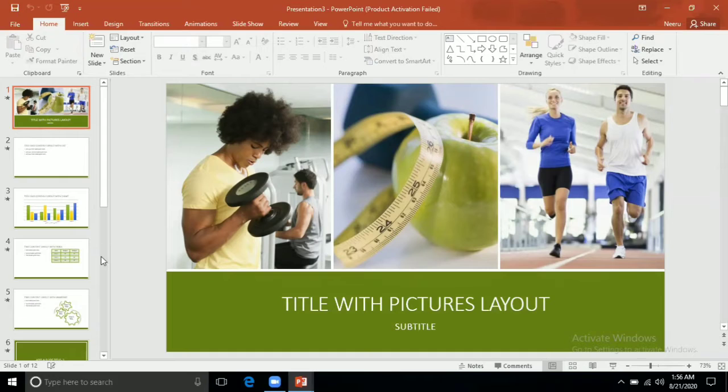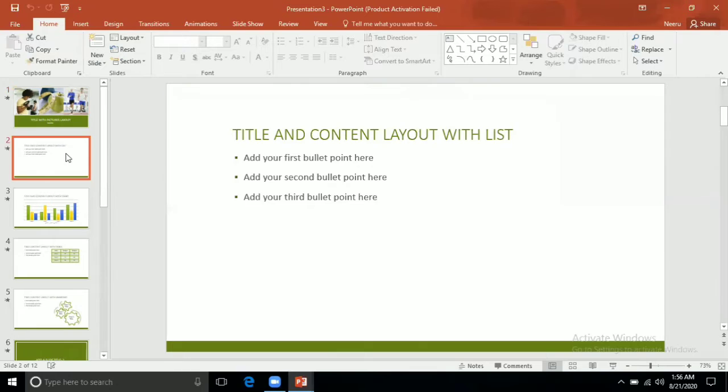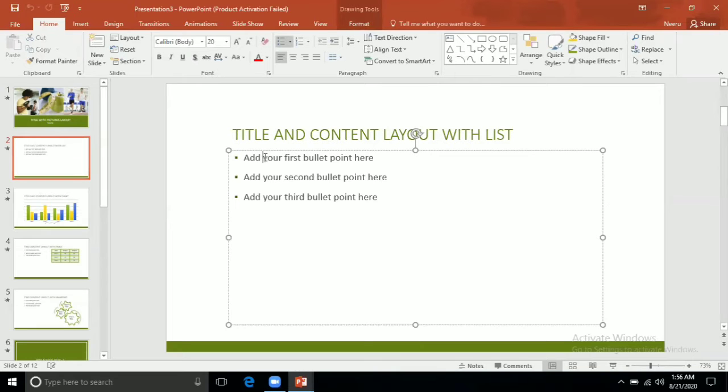For example, if I want to provide line spacing in this second slide, just click on that slide. After that, click on the box where you want to provide the line spacing. With the keyboard, as you all know, by pressing the enter key we can increase or decrease the space, but we can do it by using the tab also. So how will we do it? Firstly, we will go to the home tab. I am showing you where it is.